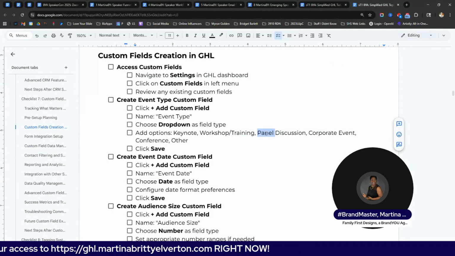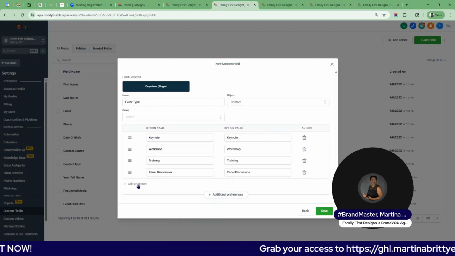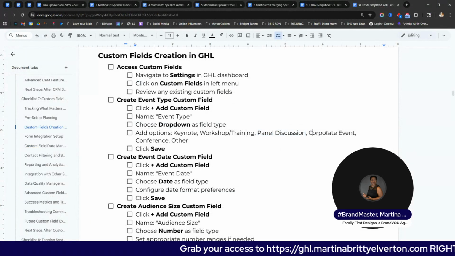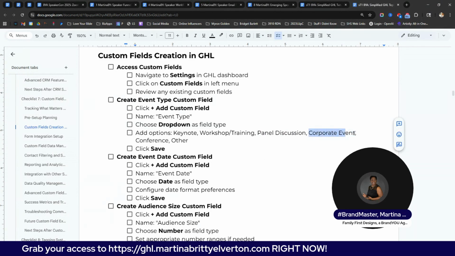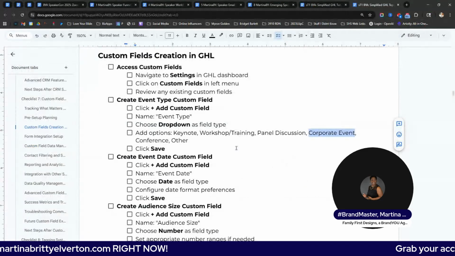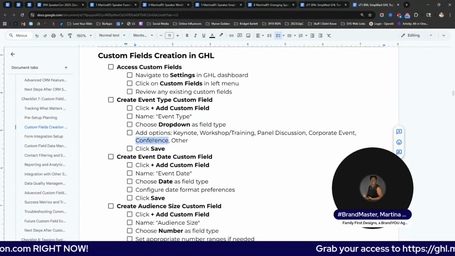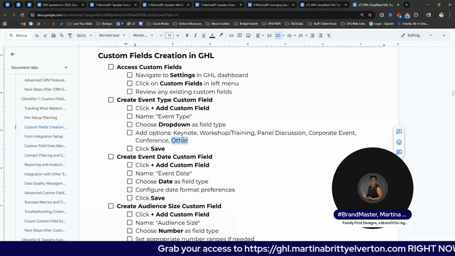And you're going to add each of these in here, whether you wanted to say panel discussion or panel, totally up to you. This is customizable by you. Whether you're saying corporate event, put both of them now. There we go. Additional conference and other,